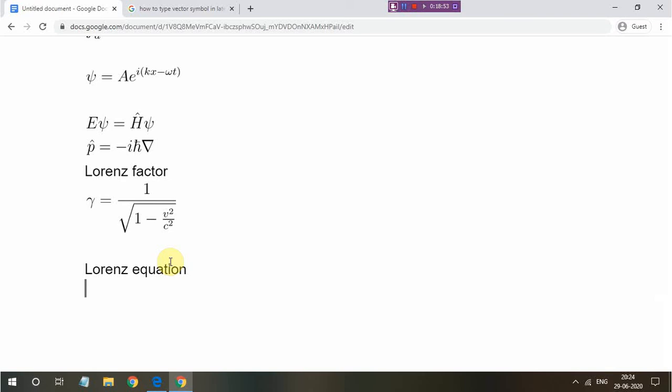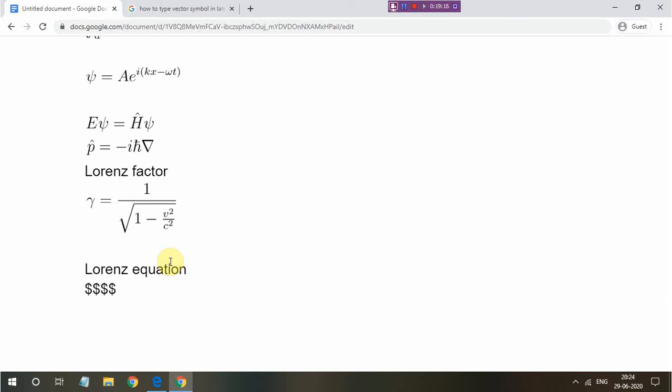So V is the velocity of the charged particle that is entering the magnetic field, and that's actually a vector quantity, and B is the direction of the lines or the magnetic field lines. So both are vectors, and there's a cross product between them. So the Lorentz force, let's say that's F, okay. Or let's not write the full force, that's QV you can write.